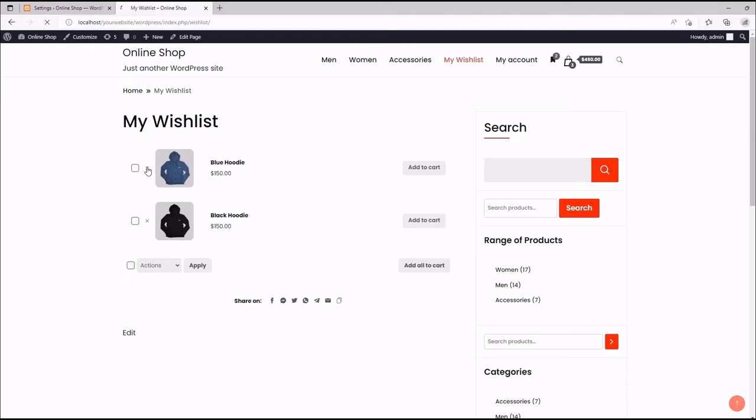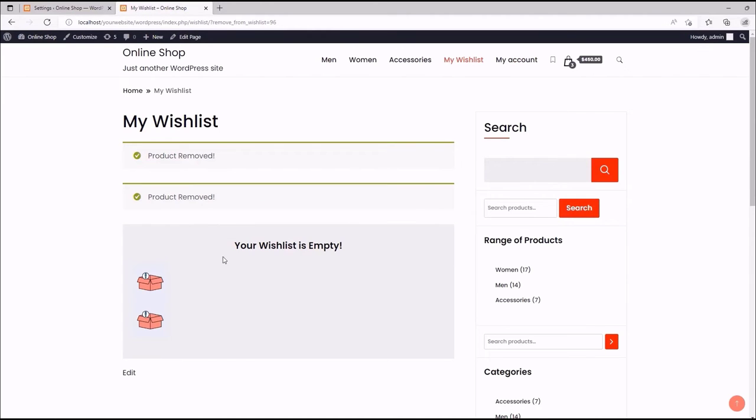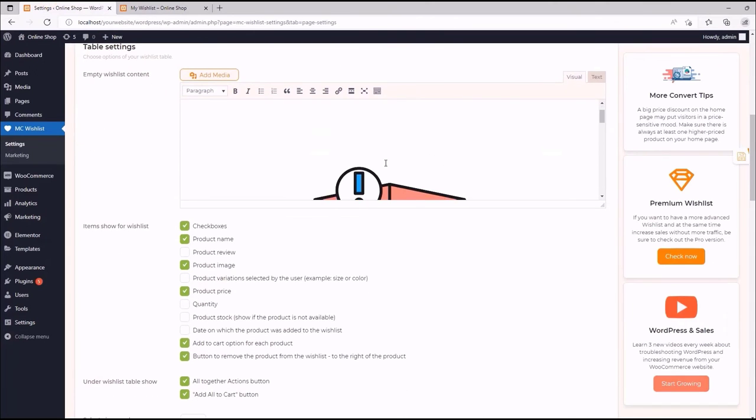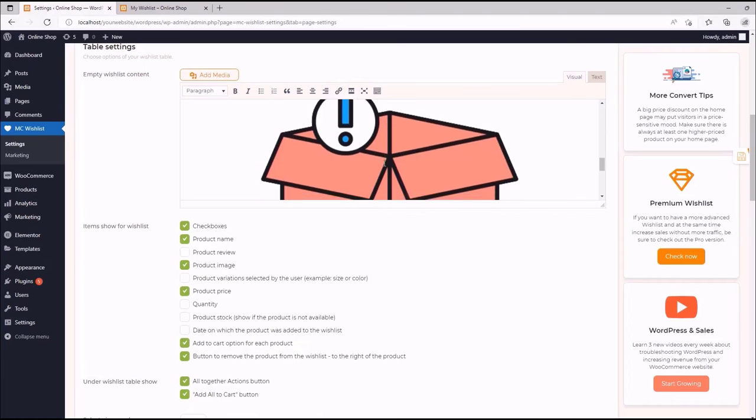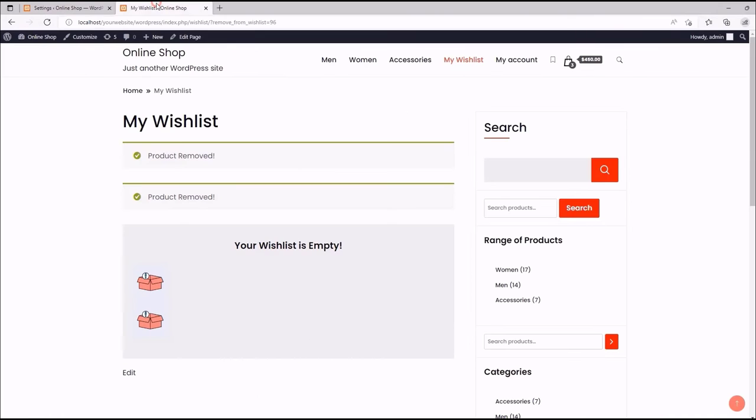Here, let me remove these items to see the empty wishlist. Okay, you can see the empty wishlist content here. Here we have two images. It's probably because I've added another image behind the first image. Let me check. Here you can see, yes, I have added a secondary image to the empty wishlist content, but